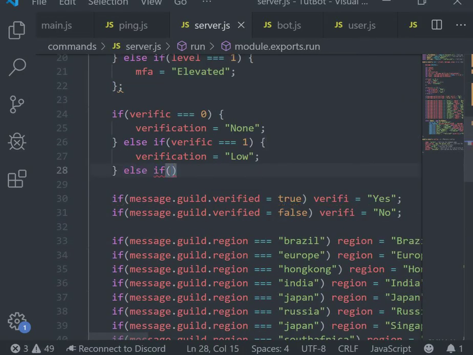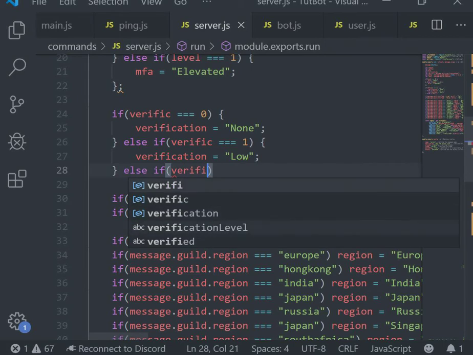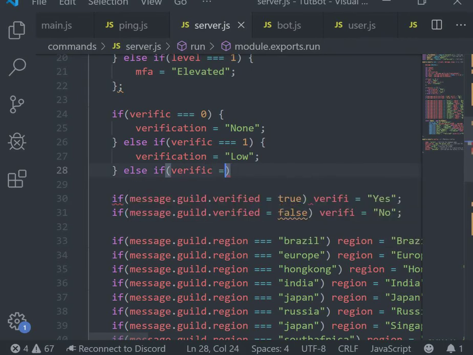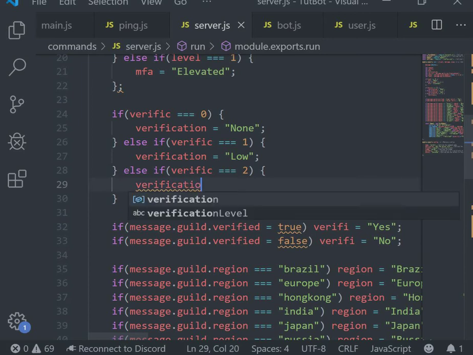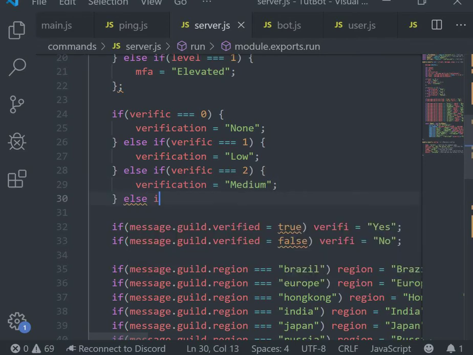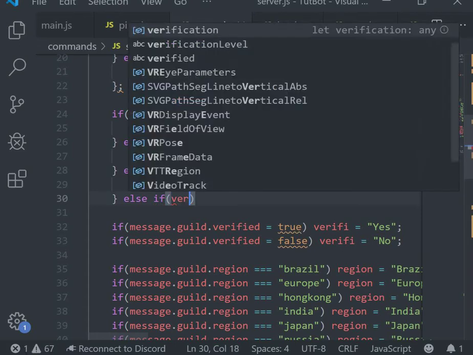Else if, then verification is medium. Else if verific